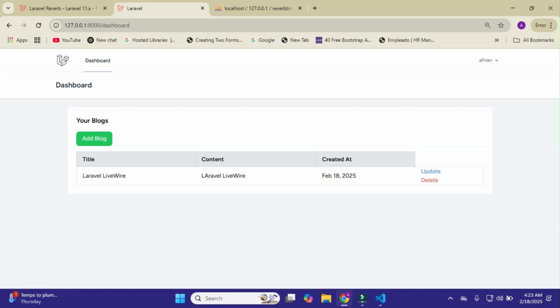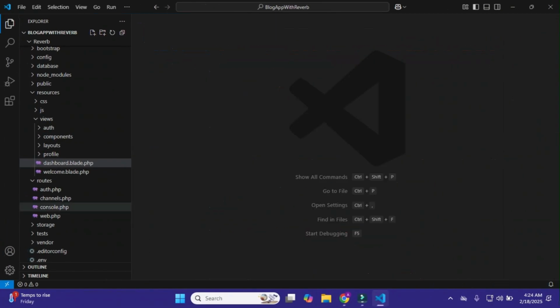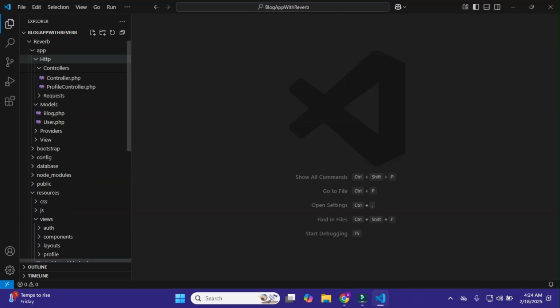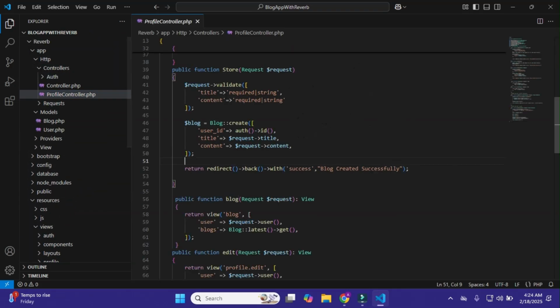Amazing. That's how we created our blogs, and now it's time to make the blog page and show these blogs in real time on our blog page. As you can see, I already have this blog function defined in my profile controller.